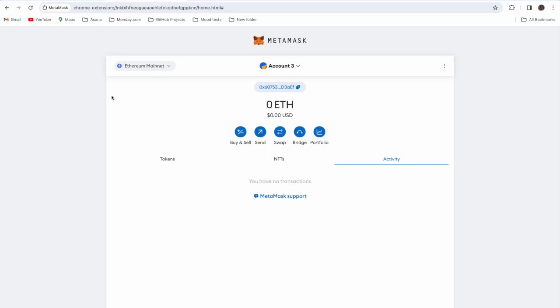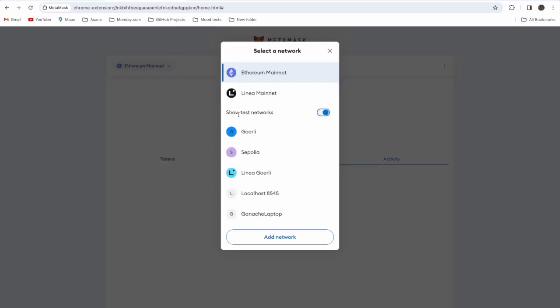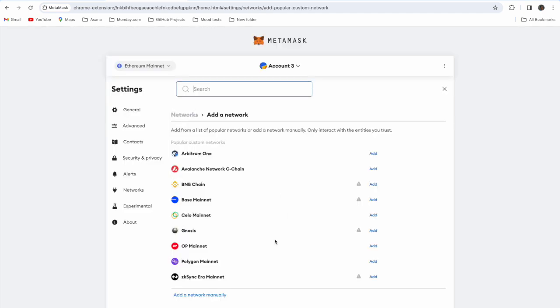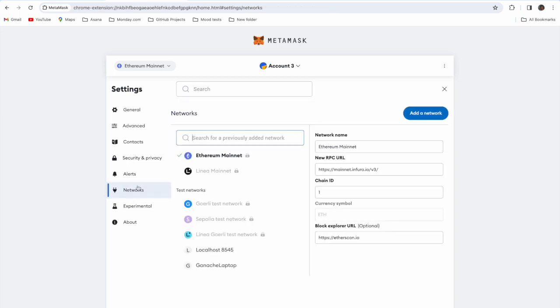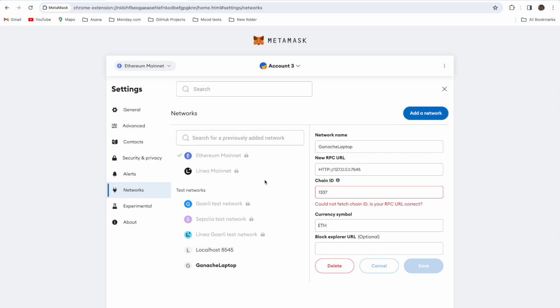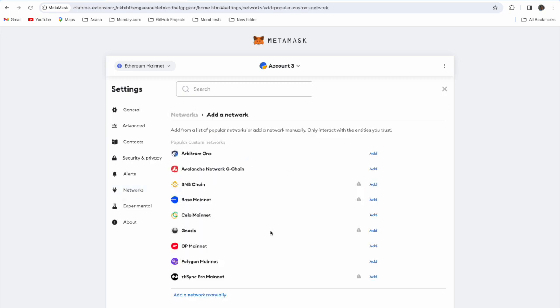All right, so the next thing that I'm going to do is I'm simply going to drop down from here, and I already have Ganache added over here, so I'll just skip that. I'll simply click on Add Network, and this was the screen that we saw in our previous video. From here onwards, just simply click on Network, and we're adding a new network manually. And since I have Ganache added over here, so yeah, just click on Add Network,